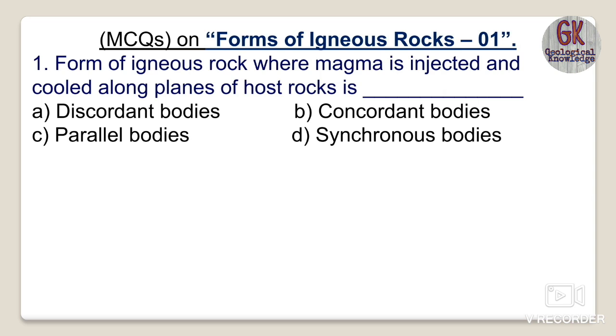Discordant means they cut vertically sometimes through the strata, and the best examples are the batholith or the stock and dike. If we talk about concordant bodies, they lie in between the rock beds, and such bodies do not show a transgressive relationship to the rocks they invade. The best examples of concordant igneous rock bodies are laccolith, lopolith and sills.